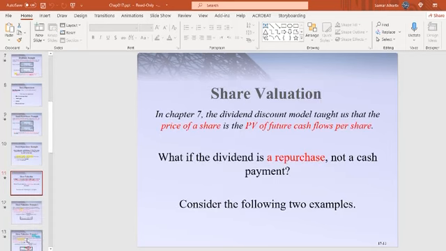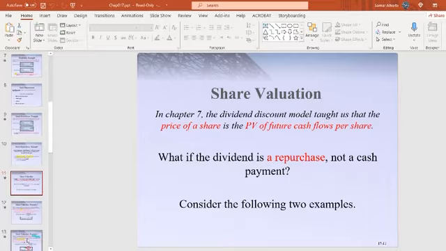Now let's talk about share valuations. We are done with the dividends, we are done with the stock repurchase. We have one example on each. Now let's talk about the valuation: how we evaluate the shares, how we know how much to buy in these shares, or what is the maximum price I pay for a specific share. Only one share.